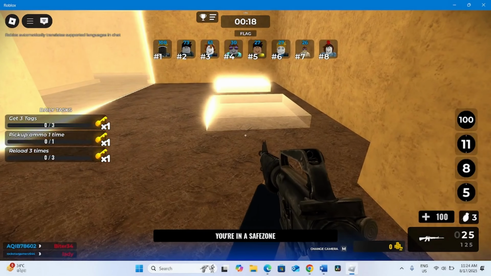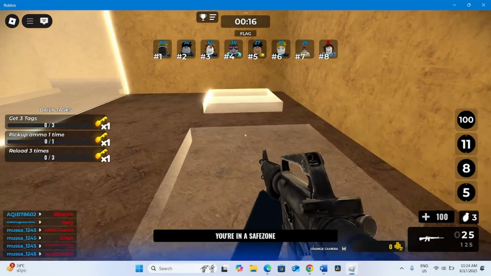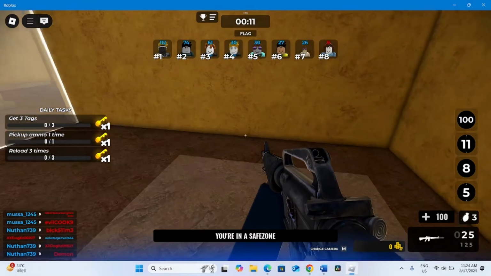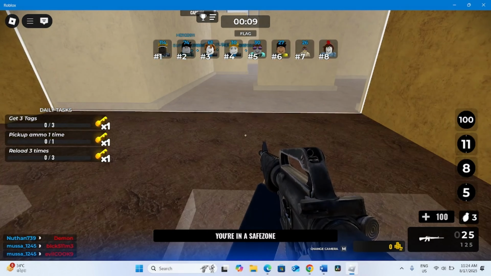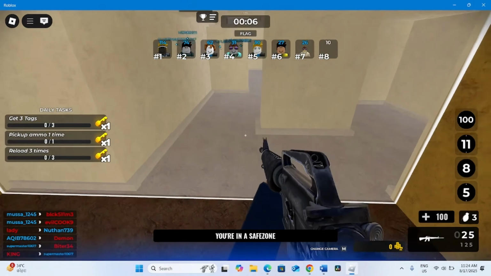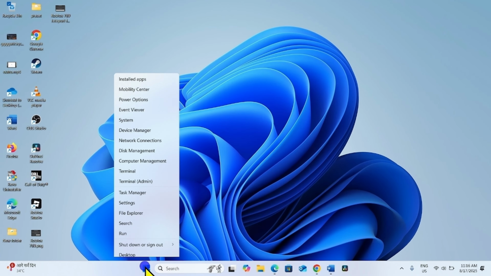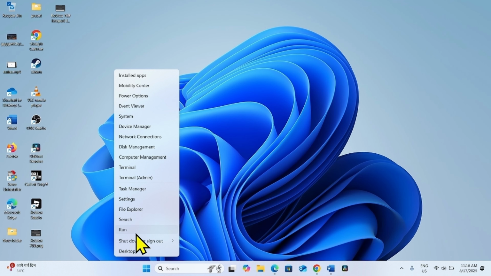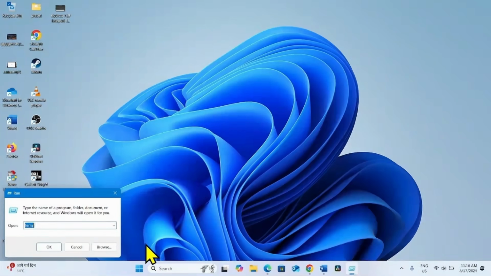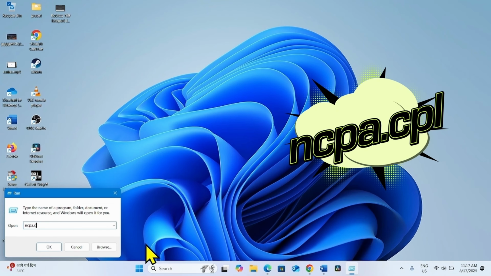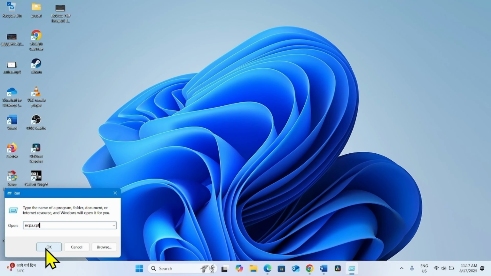This error comes from backend, so we can't do anything except waiting for the website to fix it. So far as the question of disconnection error, you can fix it by following those steps. Right click on start, select run, type ncpa.cpl, click on OK,